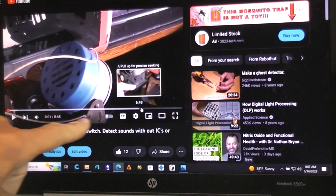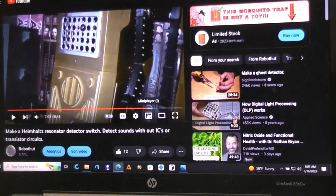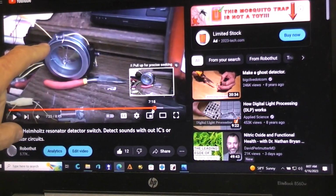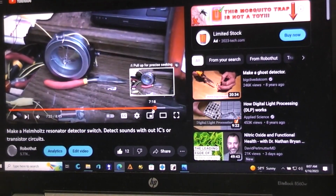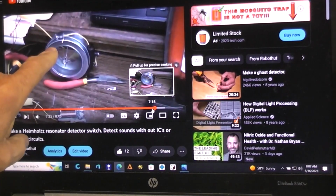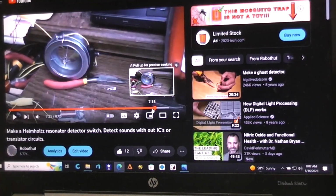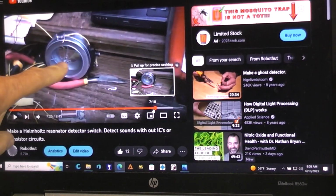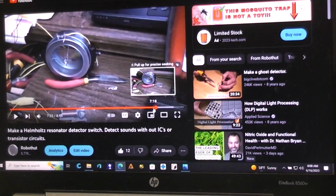And I do draw schematics, but near the end here, I actually show a Sonicon robot, which I built with my own Helmholtz resonator. I went to the dollar store and they had these little metal containers, I think for putting paper clips in and stuff you might have at your desk. And it already had a clear top, I guess, so you could see what's in there. Well, I'm using that clear top as a resonator, so I just cut a hole in the bottom to let the tone in. And I had to experiment a while to get the chamber tuned the same as the whistle that was used in the Sonicon, but eventually got it there. And in fact, I ended up using a paper clip to make the little wiper that completes the circuit. Anyway, that's all covered in the video, in case you want to build your own or see how it's done,